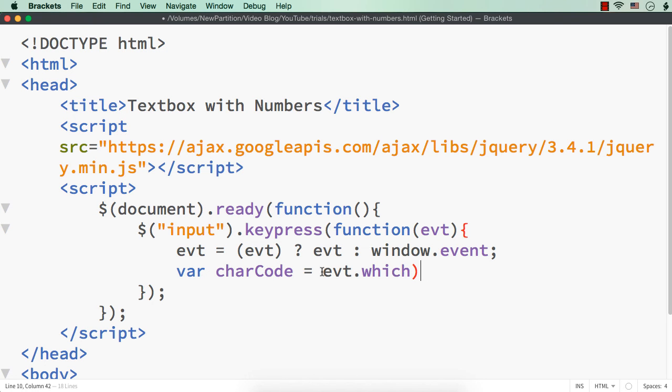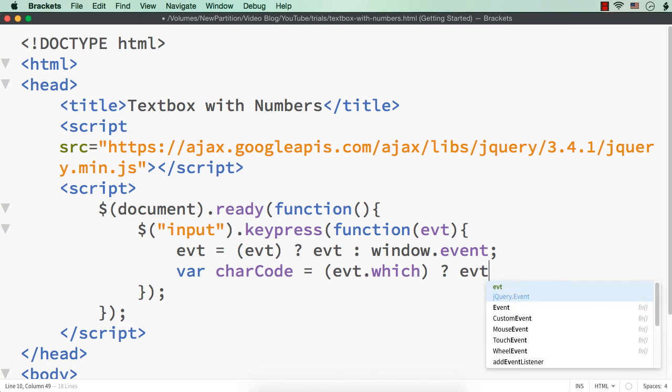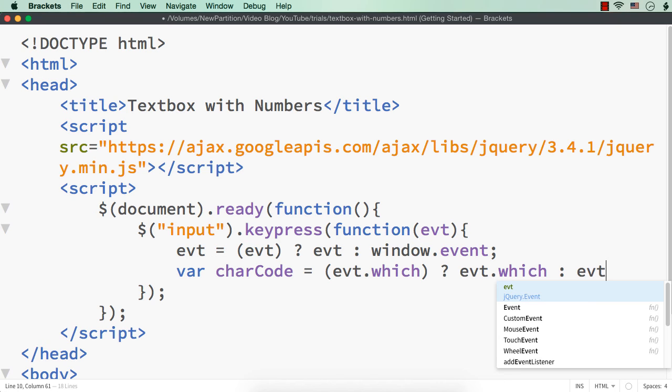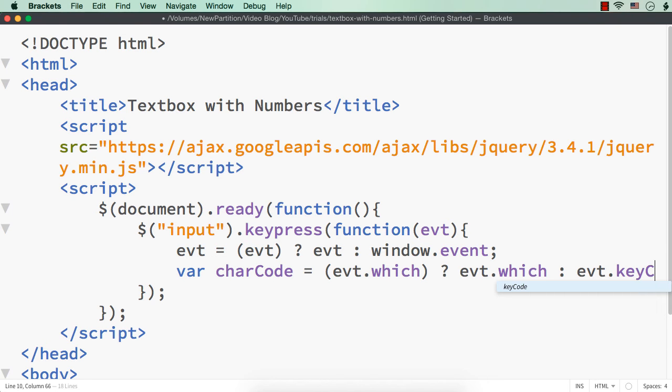So if this value exists, then in that case we will set it for this variable. So let me specify again evt.which. If that value is not there, then we will get it from evt.keyCode.